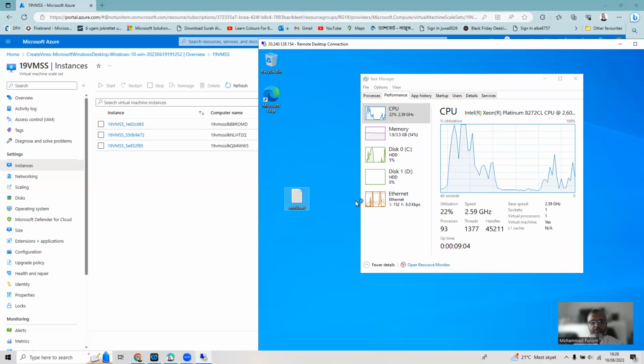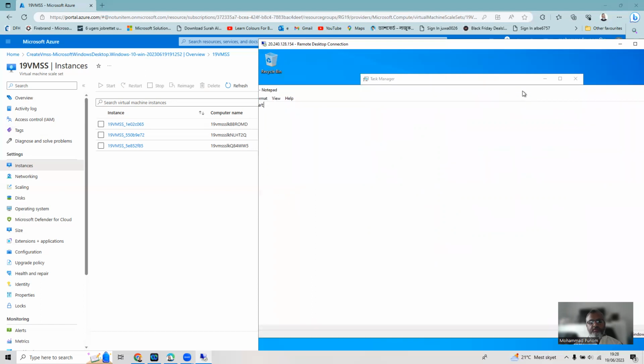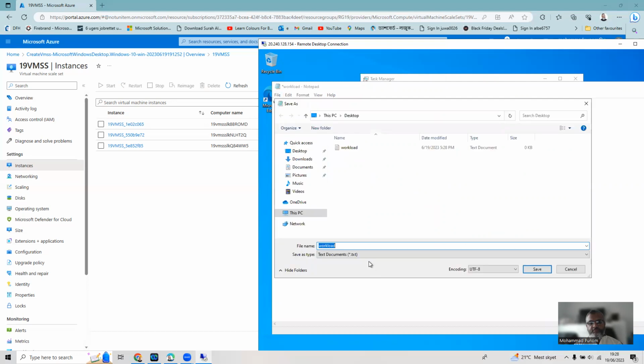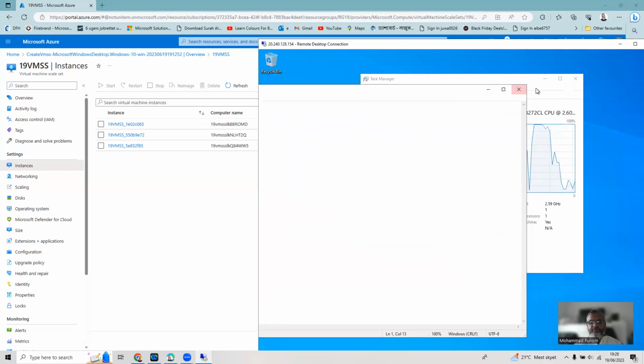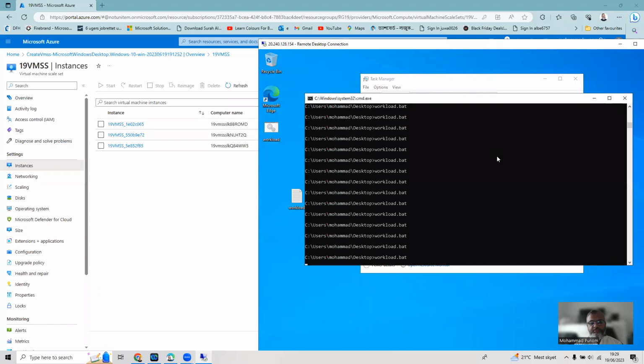workload, and when I open this one, I make it a batch file, just create a batch file named like this, and then save as workload.bat and then save it. When I save this one, we can see this workload batch file has been created here. When you click on this,